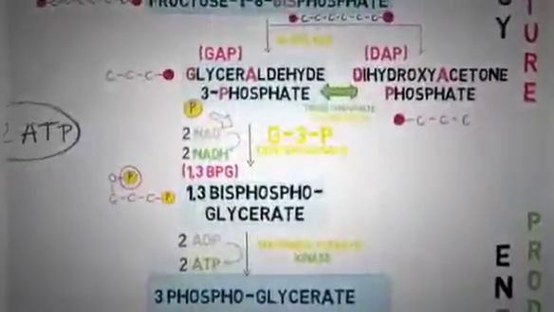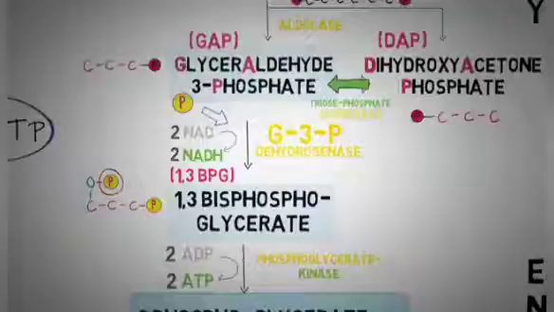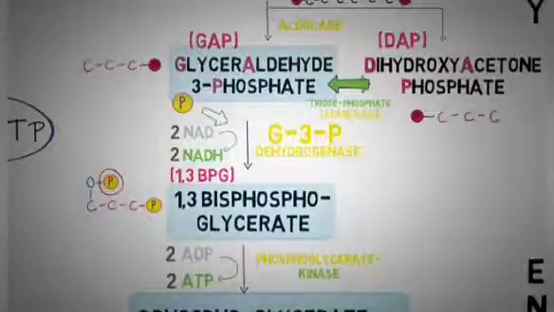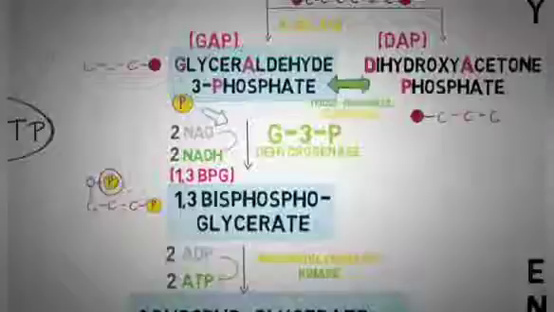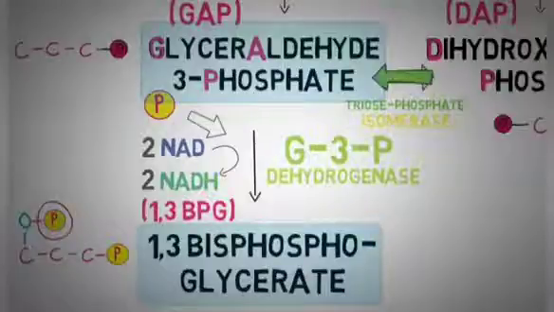Oxygen has no direct role in this pathway of glycolysis, but has a very important role indirectly, and that is here in this reaction. Here, as you can remember, glyceraldehyde 3-phosphate is converted into 1,3-bisphosphoglycerate. The enzyme making it possible is the glyceraldehyde 3-phosphate dehydrogenase, which removes hydrogen from glyceraldehyde 3-phosphate and attaches it to NAD to make it NADH.